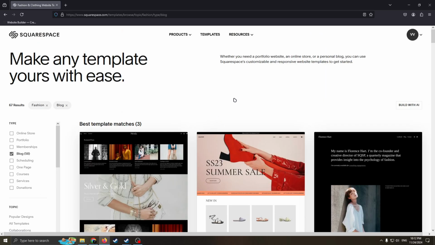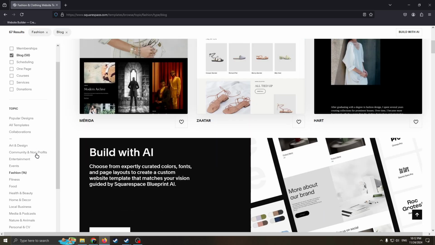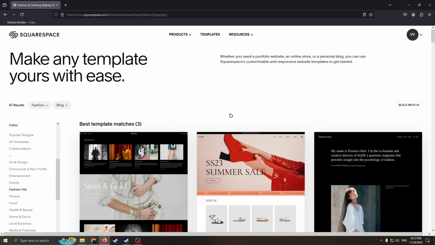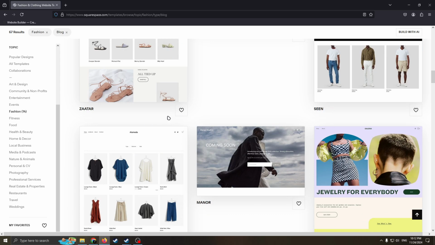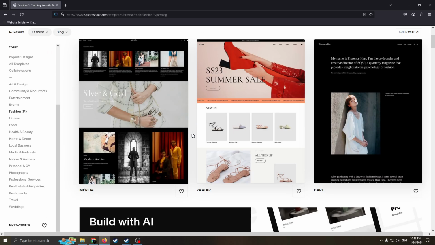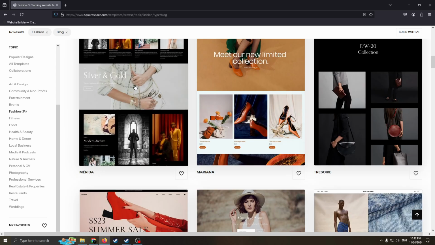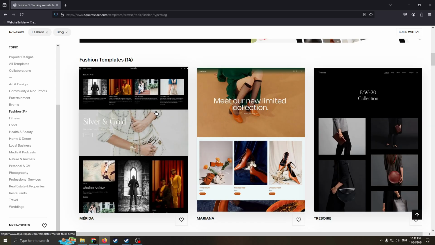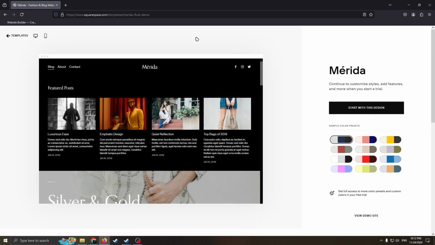And here guys, you need to choose the best template for you and for your business. If you don't like any of those, don't worry, you can pick a random one and edit it later to make the exact website you want. For example, I think this template is really nice, and just for an example I'm going to choose this one,